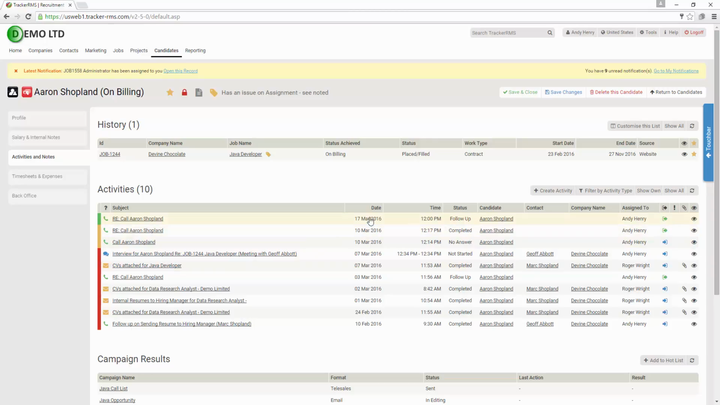You have the date of when it happened, the time. The status is what the status of that activity is. And then the association of what candidate it's tied to, what contact it was tied to if it is work-related, and then what company if it was tied to a particular job. On the right-hand side, you'll see who that activity is assigned to, whether it's an incoming or an outbound activity where you're logging that. And then you can also see what the priority is, and then if there was an attachment